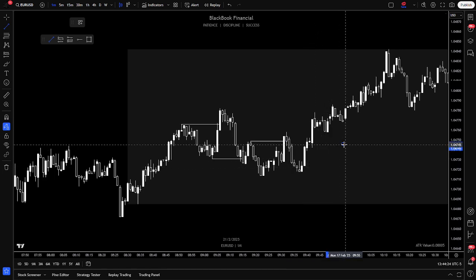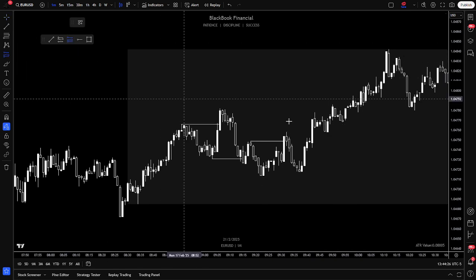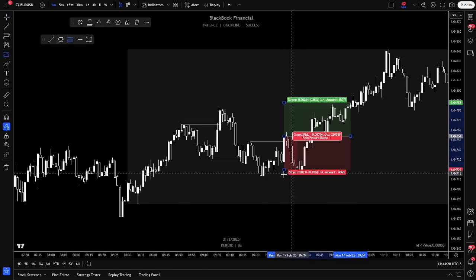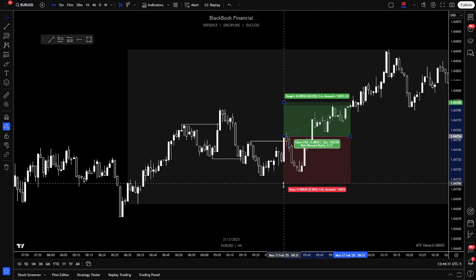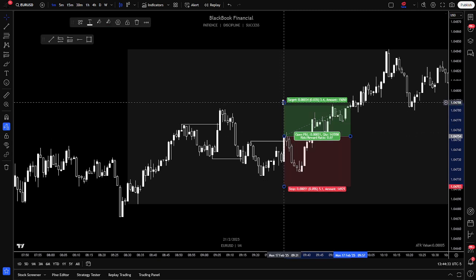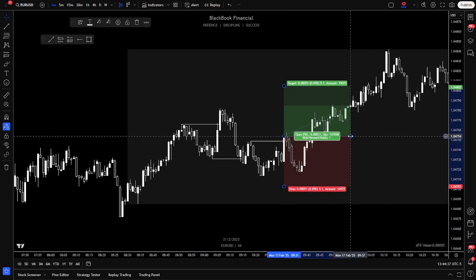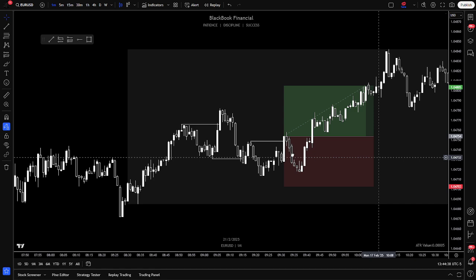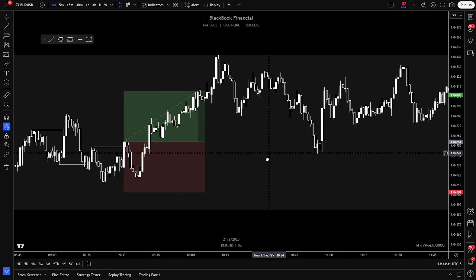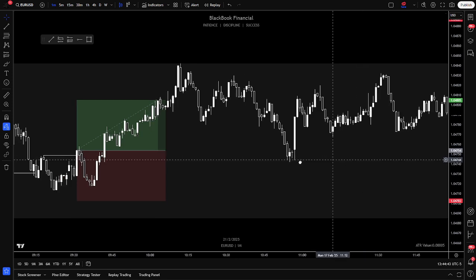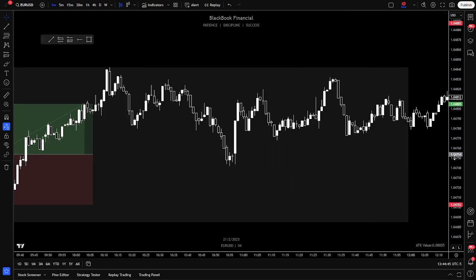Now we want to enter our long positions right here with our stop loss low with our ATR and then our 1-to-1, right? Perfect. Did we see any other entries on this day? Yep, one right here, right? We can see